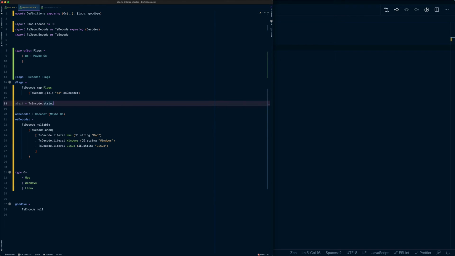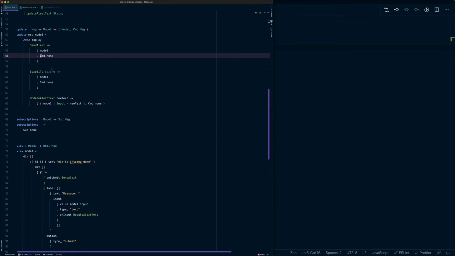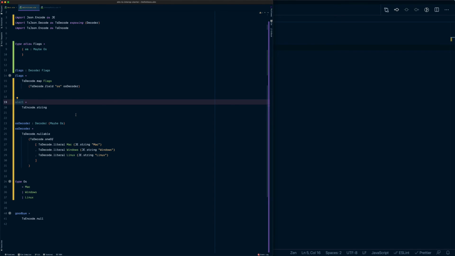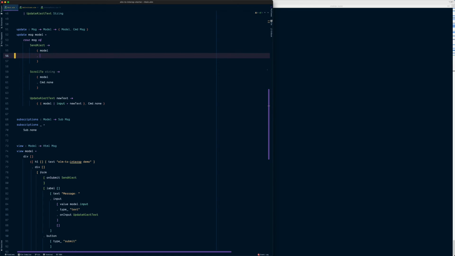So TsEncode.string. So what does that do? Well, we've got our Chokidar task, so it automatically reran when we changed our code. Now, if I look at InteropPorts, yes, and I need to expose alert. So let's expose this. So now when I look at InteropPorts,